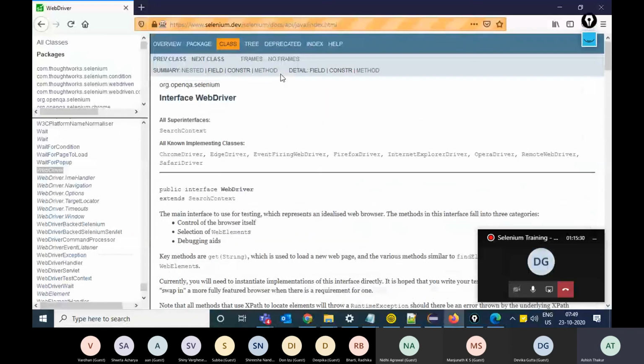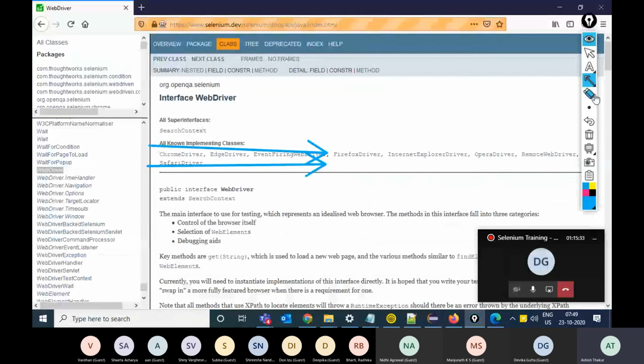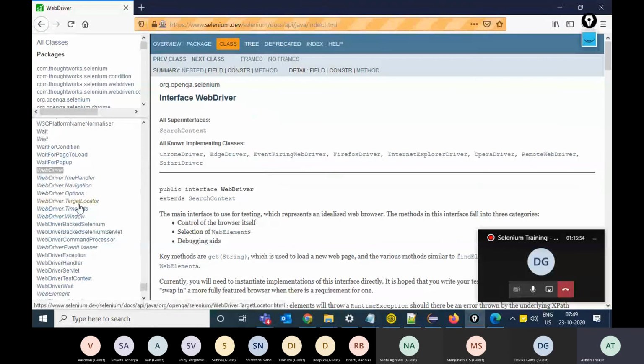Don't confuse this with web elements of UFT or QTP if you have studied QTP. Everything on a web page is treated as a web element. This text is a web element. This link is a web element. Any button on the page, anything on the page is basically a web element.